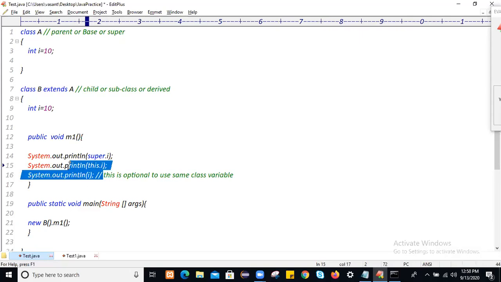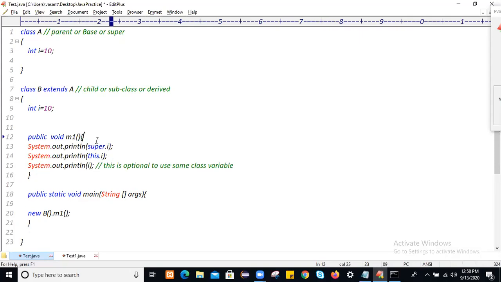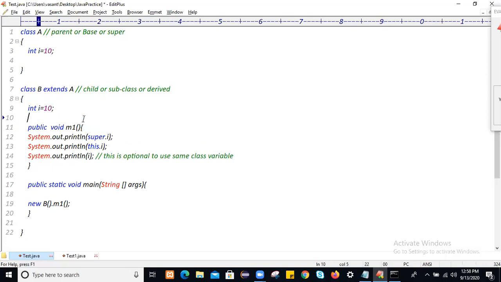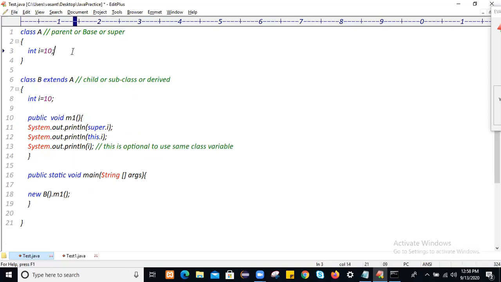So to represent a same class property, this is optional. This is optional in the instance area. You can directly represent it. Okay, write down this example also. So it is optional to use this for the same class variable also. Write this example.